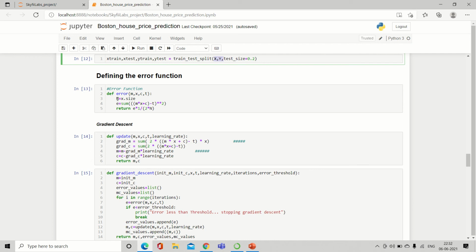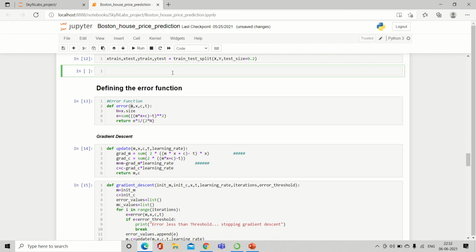This error function has m, as we are using linear regression, so the equation for linear regression is y = mx + c.